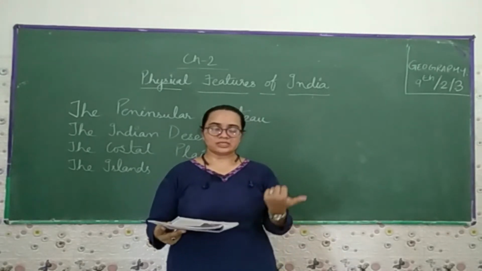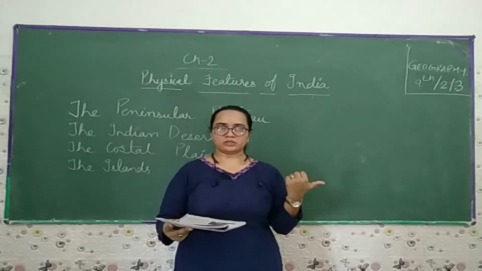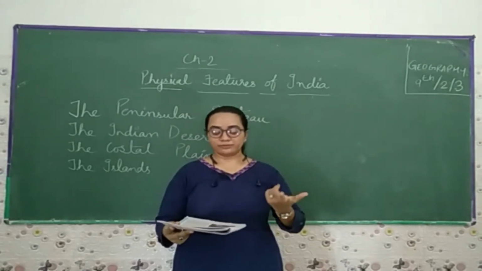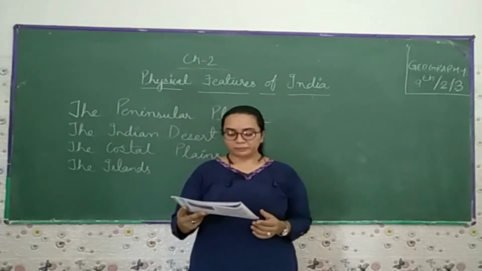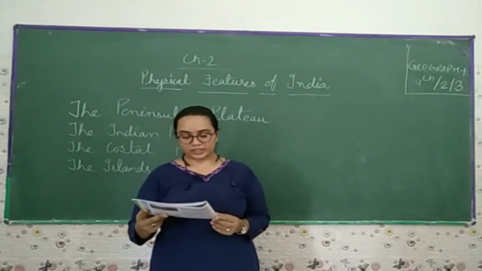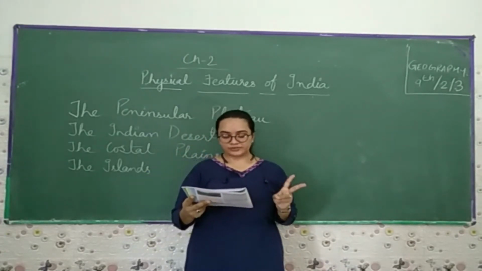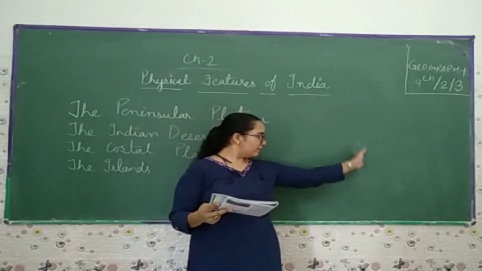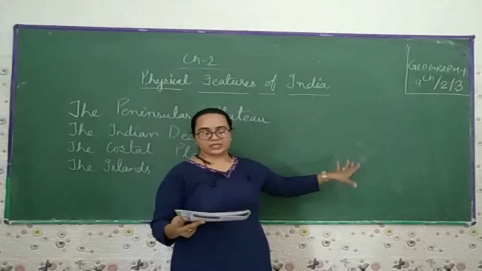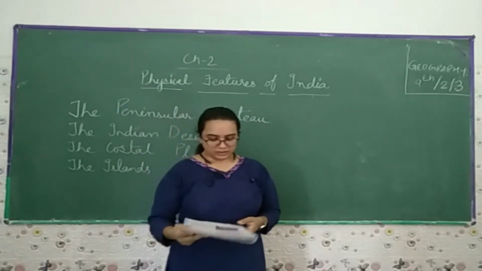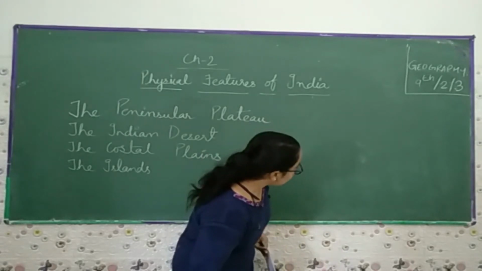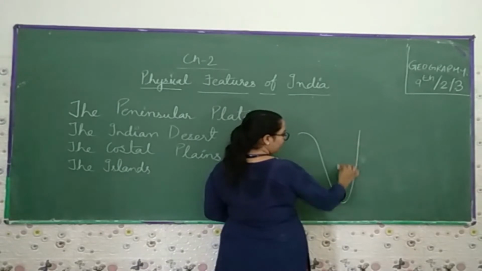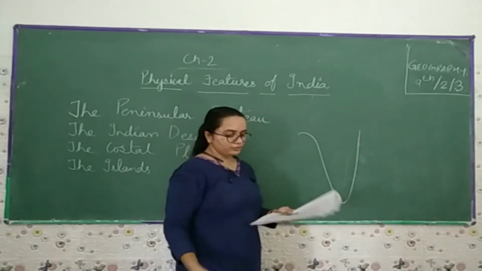Gondwana land is the oldest landmass of this planet, and with its breaking we find igneous and metamorphic rock. The plateau has broad and shallow valleys and rounded hills. This plateau consists of two divisions, namely the Central Highland and the Deccan Plateau. If we talk about South India, you will find the Deccan Plateau in South India, on this side.